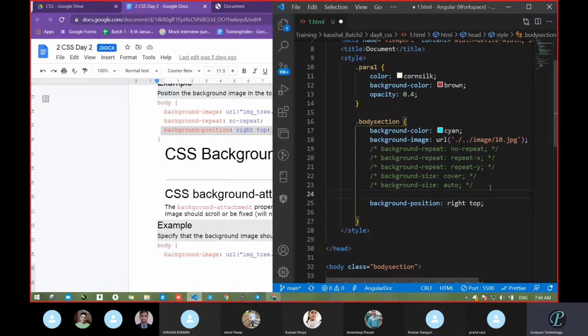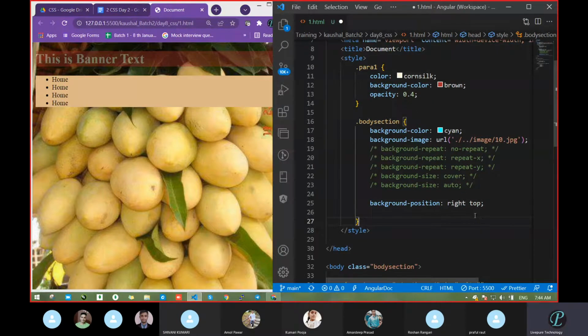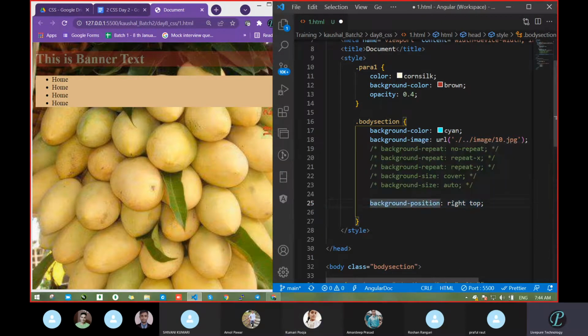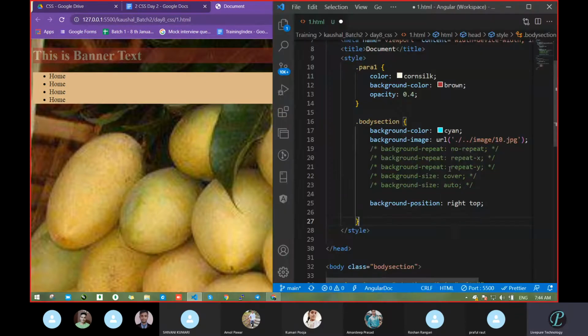Okay. So what are you thinking? Background position, right top, what will come? Any idea? Don't tell me that you are writing code, you have to know that. Pooja, are you sleeping? No, sir. What are you thinking? Background position, go with the general term. In position, what do you think about position? Position means placement of something somewhere, placing some item somewhere like that. So what position have we passed here? Right top, correct? Right top in the sense that this has to come in the right top, the right side corner of this section. Let's save and check.